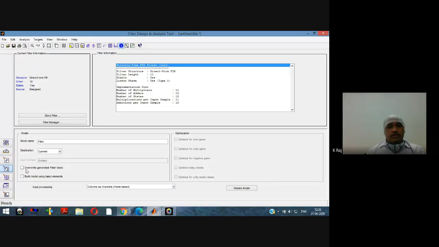Here there are two sections: override generate filter block, and build model using basic elements. What are the basic elements used to describe the architecture of the filter? Response please. What are the basic models used to draw the architecture of the filter?